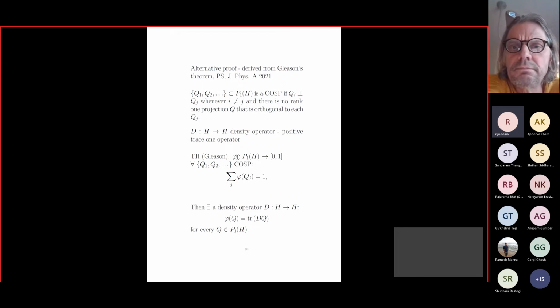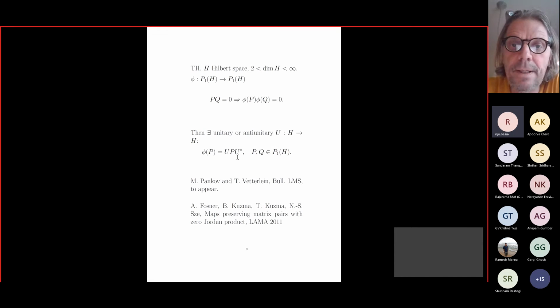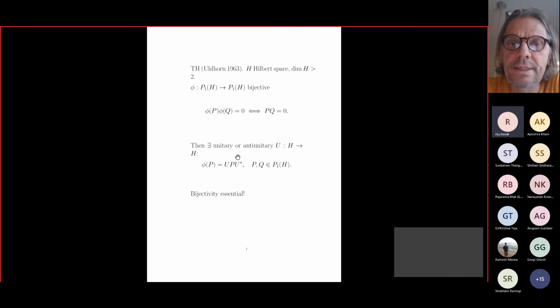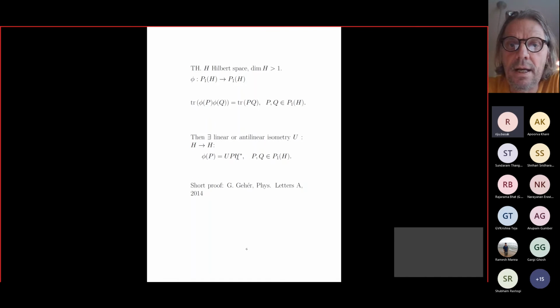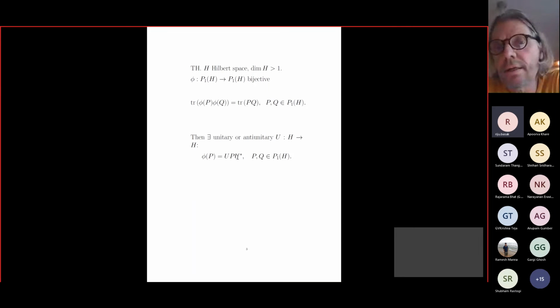It was published in my paper that appeared last year in Journal of Physics A, and this short proof is based on Gleason's theorem. Gleason's theorem is another theorem in mathematical physics that is of basic importance. Now, if we go back to Wigner's theorem, which is written here, it is of fundamental importance,